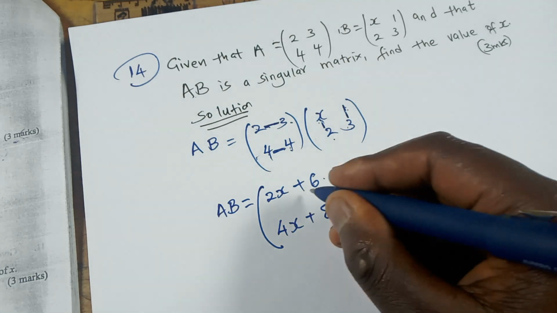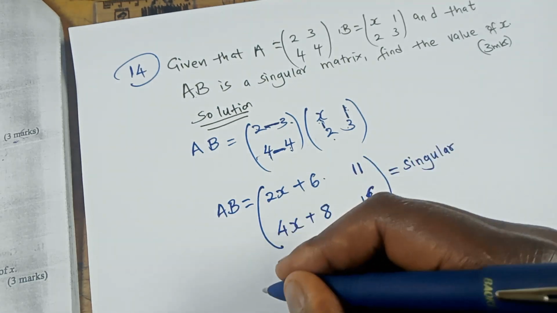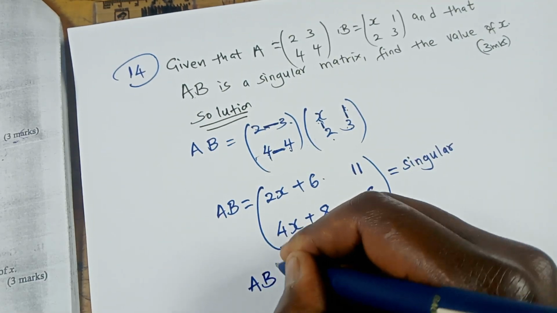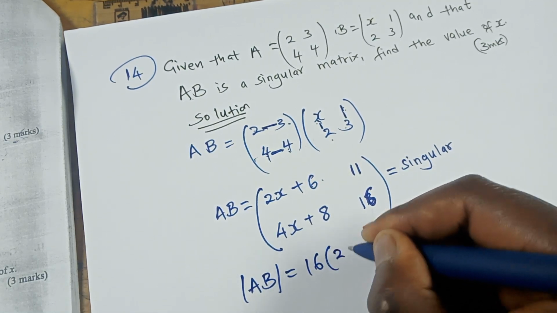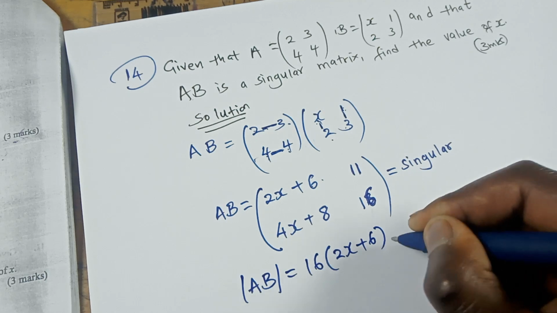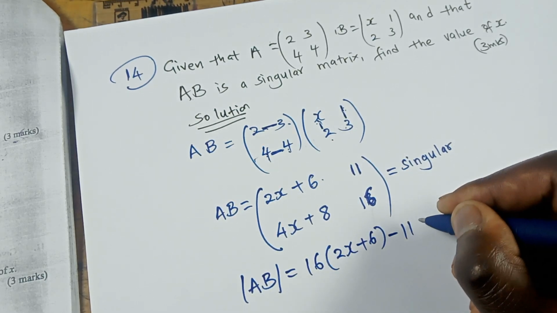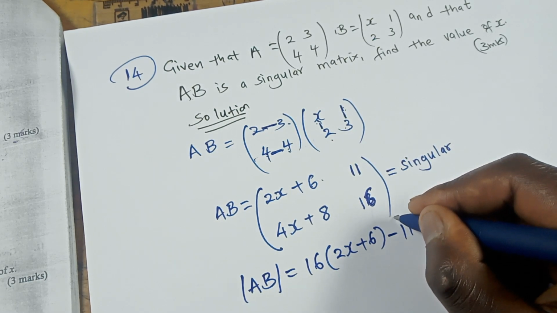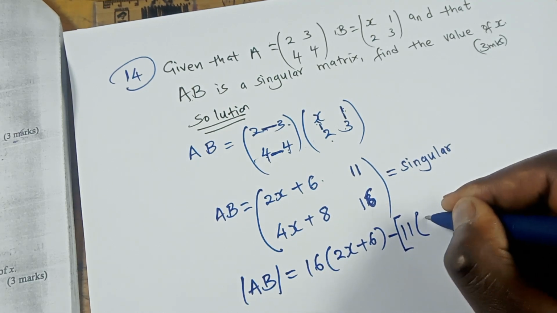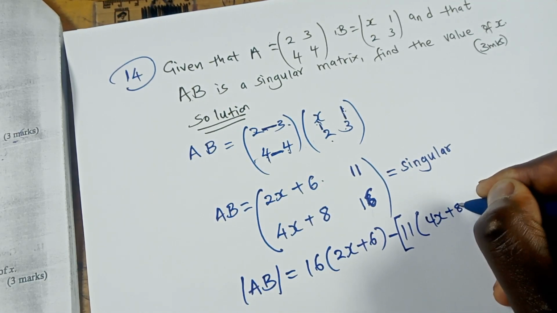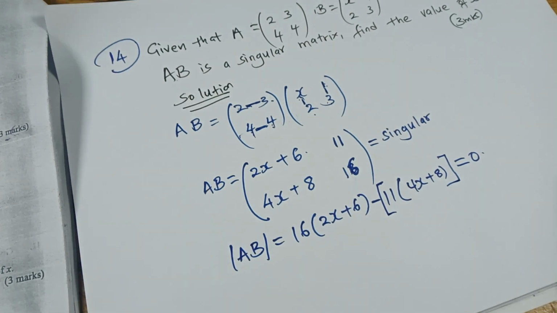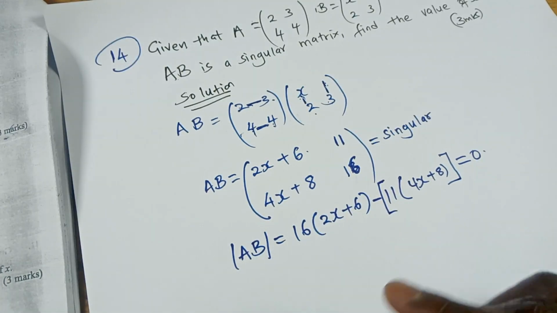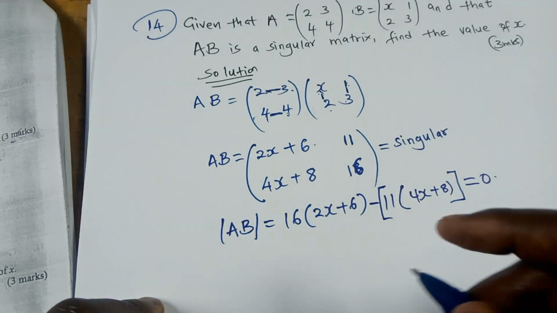So if the determinant of this matrix is 0, we are going to find the determinant of AB, and the determinant of AB will be 16 into bracket 2x plus 6 minus 11 into bracket 4x plus 8 is equal to 0. The determinant is 0. So we will have 16 times 2x will give us that 2x